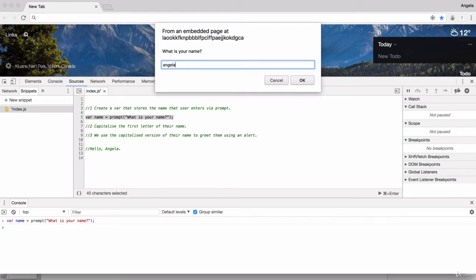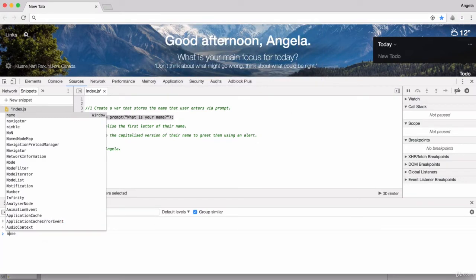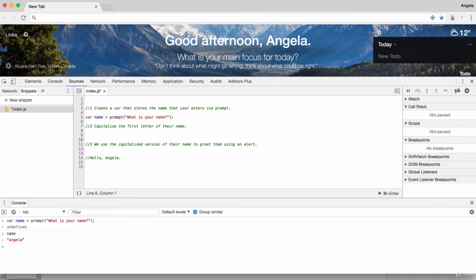So I'm going to give it my name, but all in lowercase, and I'm going to hit OK. So now if I check inside the console, what is the current value of name, then you can see it's lowercase Angela. Okay, so the next part, which is the most challenging part, how can you capitalize only the first